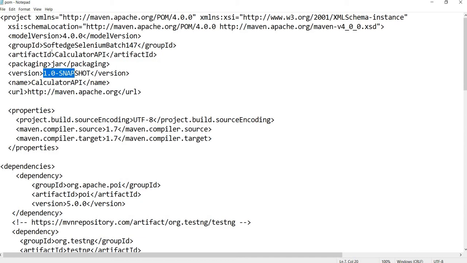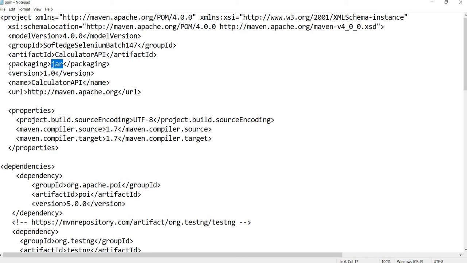So let's say I'm working on version 1.0 of this calculator API, where we have added the addition function, right? And this is the name used when we package the jar file. This is the packaging. Packaging means in which format you want to create the library of this project: WAR is for archiving web applications, EAR for archiving EJB applications, JAR for archiving simple Java projects, right?